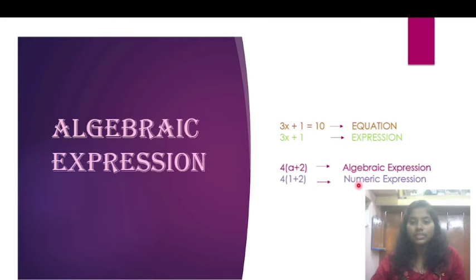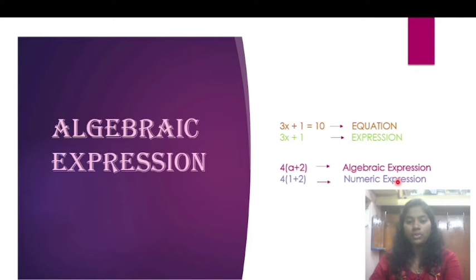But there is one more thing, that is the numeric expression. In the numeric expression, at the place of a I have put 1. That is, in numeric expressions there is no such variable, there is no such quantity that we can replace. So these are all only numbers. This is a numeric expression. And in an algebraic expression there is even a quantity which is unknown. There we can put anything and we will get different outputs. Okay. So this is the main difference between the algebraic expression and the numeric expression.